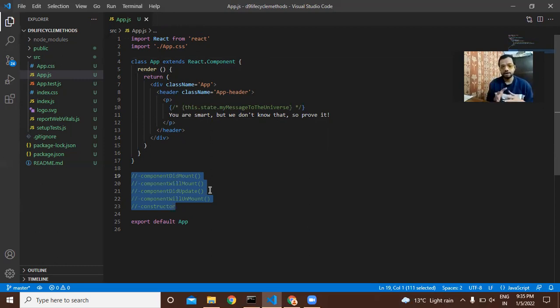Lifecycle methods in React.js are basically methods that are called throughout the lifecycle of a component. Whenever a component is mounted, whenever it is shown or displayed on the screen in our React application, which phases does it go through? Which lifecycle phases does it go through? Like a human being goes through the life cycles of being an infant, then a child,